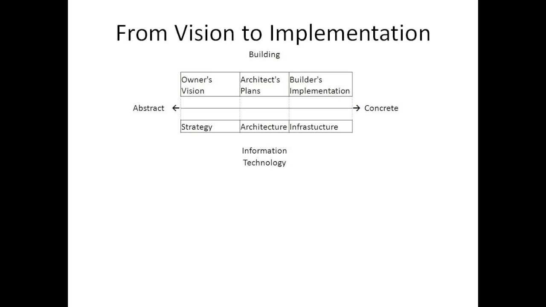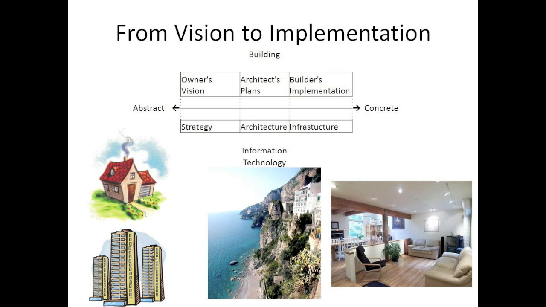IT infrastructure is everything that supports the flow and processing of information in an organization, including hardware, software, data, and network components. Building a house is a practical example of this translation. The owner's vision is equivalent to the organization's strategy. They must decide on a strategy about where to live, in an apartment or in a house. The owner's strategy also includes deciding how to live in the house, by taking advantage of a beautiful view or having an open floor plan.